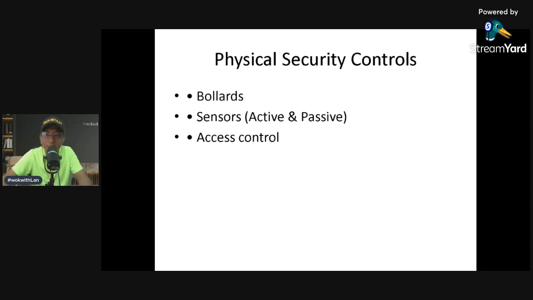Okay. So a bollard is a short, sturdy vertical post used to stop vehicles from ramming into secure areas. But if the bollard is not that secured or not strong enough, most likely it will not be able to protect those passengers, for example. Sensors can be active, meaning they send signals. It can also be passive, meaning it detects changes. Microwaves are especially effective in monitoring large spaces like warehouses, or bodegas here in the Philippines.